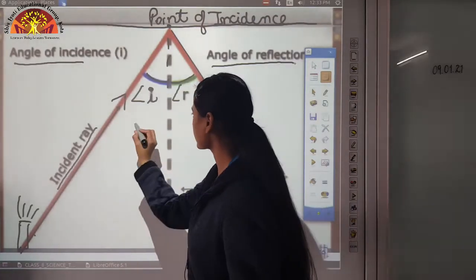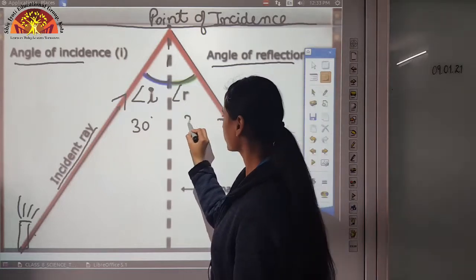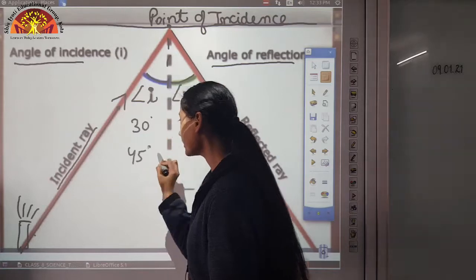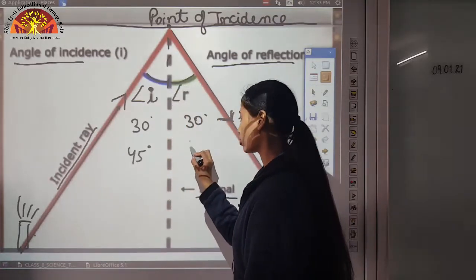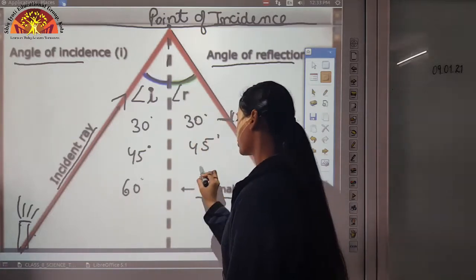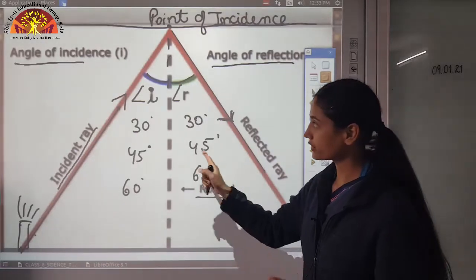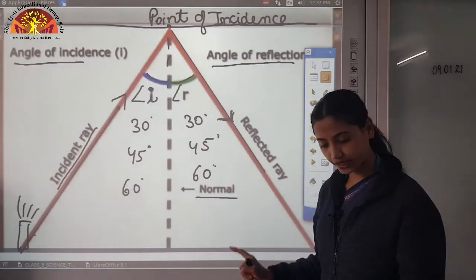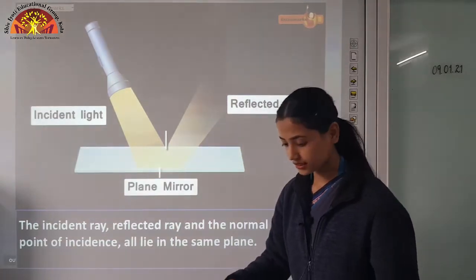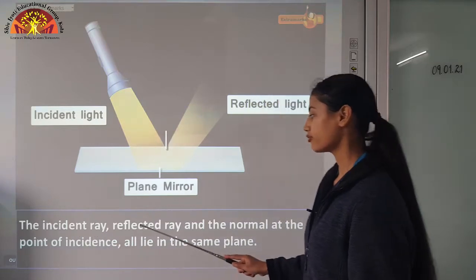Let's say this angle of incidence is 30 degrees. So the angle of reflection will always be 30 degrees. If angle of incidence is 45 degrees, then angle of reflection will also be 45 degrees. If it is 60 degrees, then it will also be 60 degrees. So in all cases we can see angle of incidence is equal to angle of reflection, and this is our first law of reflection. Then coming to the second law of reflection, which says that the incident ray, reflected ray and